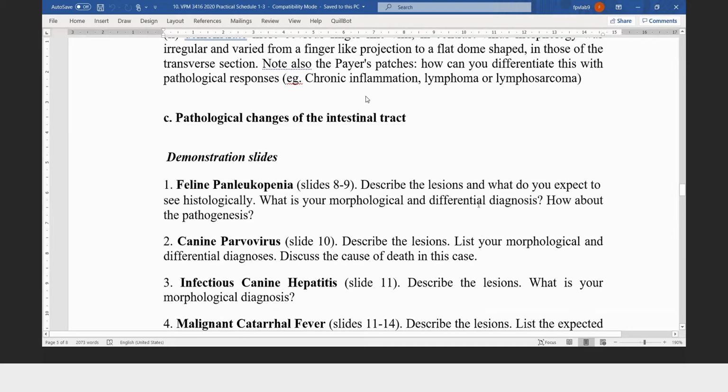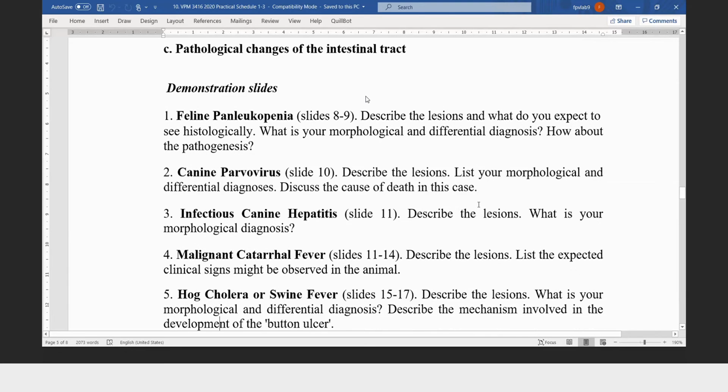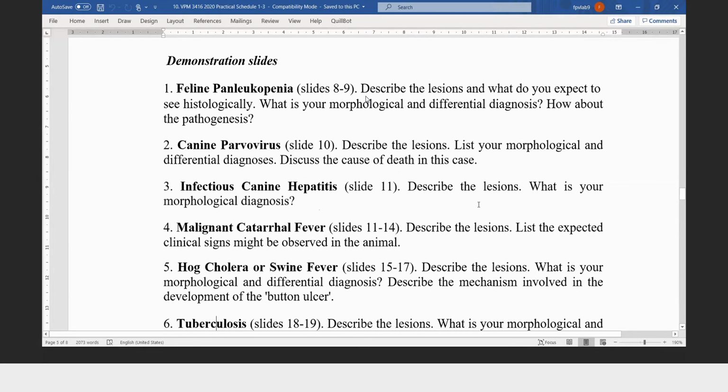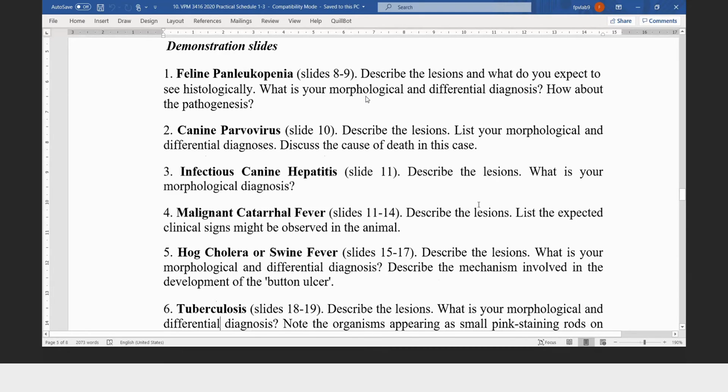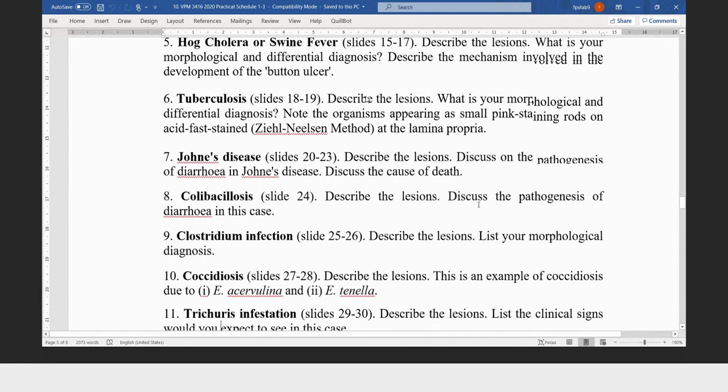The third one is infectious canine hepatitis. I think the lesion in the intestine is less important here, but it can cause a lesion in the liver. We'll come to the liver later on. Malignant catarrhal fever, I think you've seen in class also. But more importantly, this is the expected clinical sign we observe in this animal, and describe the lesion. Hog cholera, tuberculosis, Johne's disease, colibacillosis, Clostridium infection,